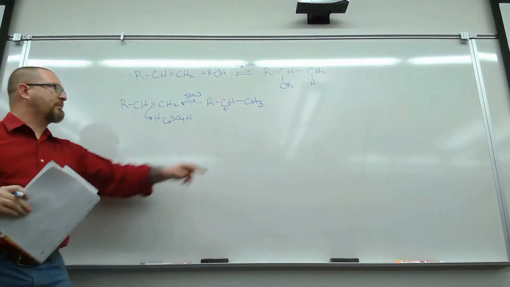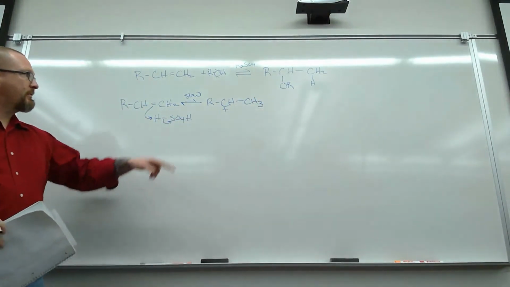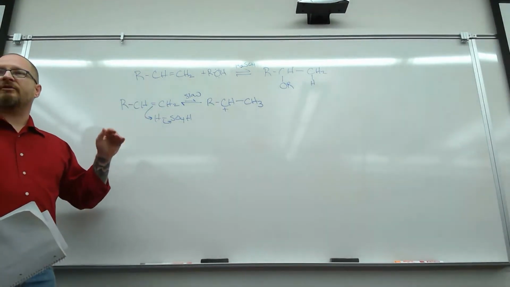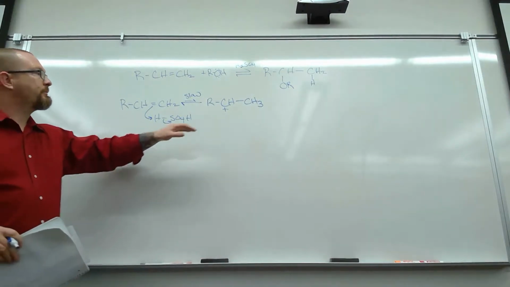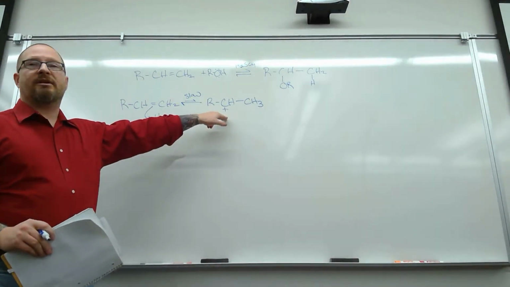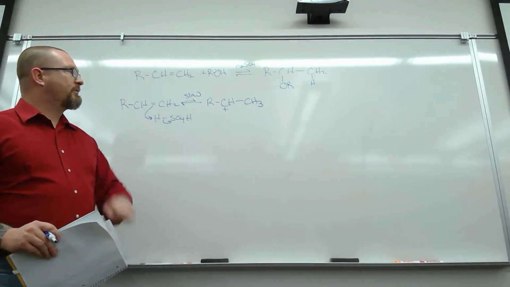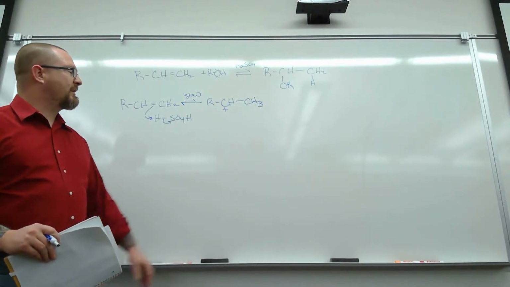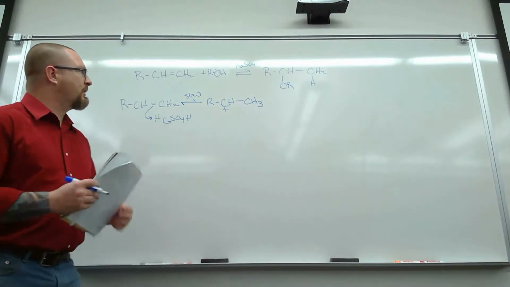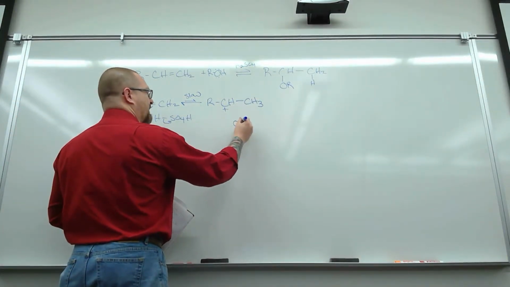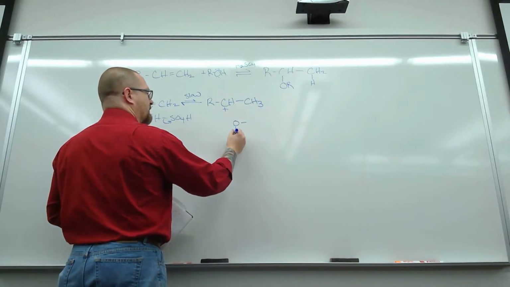So the proton is going to be added to the less substituted carbon. And by less substituted, I mean primary, secondary, tertiary. Because the secondary carbon is going to be more substituted in terms of carbon-carbon bonds, therefore it's going to be getting the cation. We'll put the hydrogen here, and then we can come in, and instead of reacting with water, because we have a different solvent now,